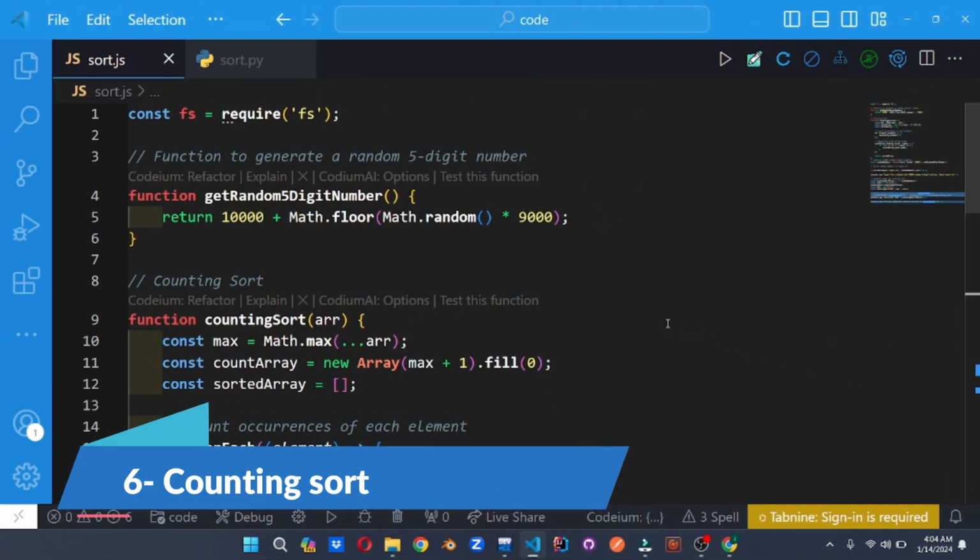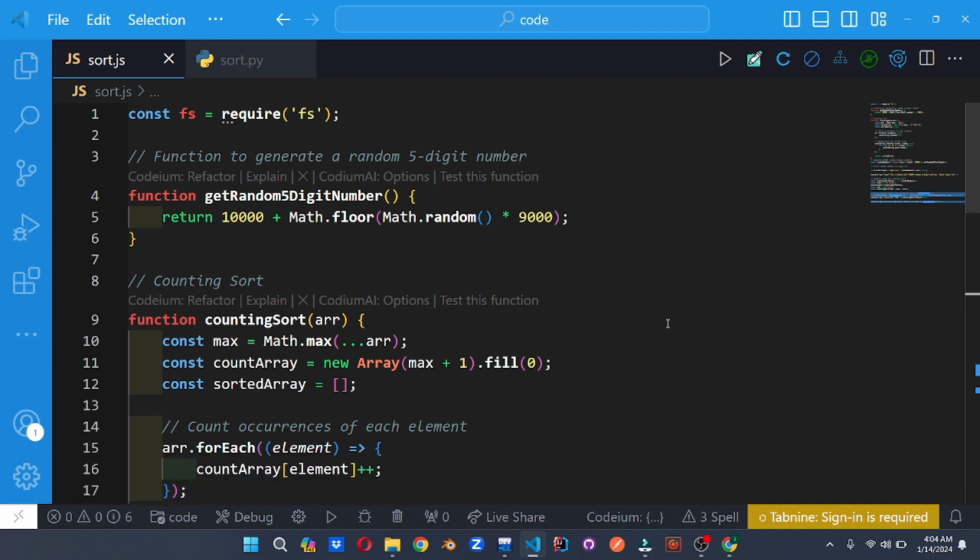On number 6, we have counting sort. Counting sort is handy when dealing with a limited range of integer keys. Instead of comparing elements, it counts the number of occurrences of each element and uses that information to reconstruct a sorted sequence. So here in the code, as you can see, in the counting sort method, there is this max